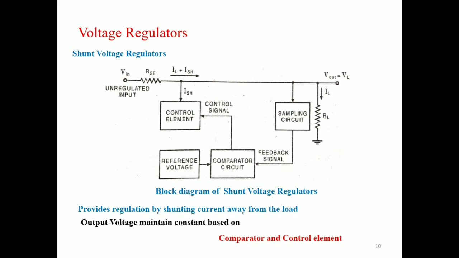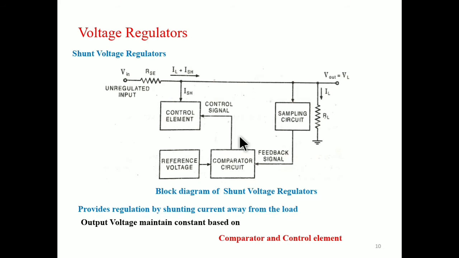Next, what about the shunt voltage regulator? Again, the block diagram has a control element, a comparator circuit, and a sampling circuit that is fed back into the comparator circuit. There is a reference voltage. If the output voltage tends to change due to a change in load, the sampling circuit provides a feedback signal to the comparator circuit, which then provides a control signal to vary the magnitude of the current shunted away